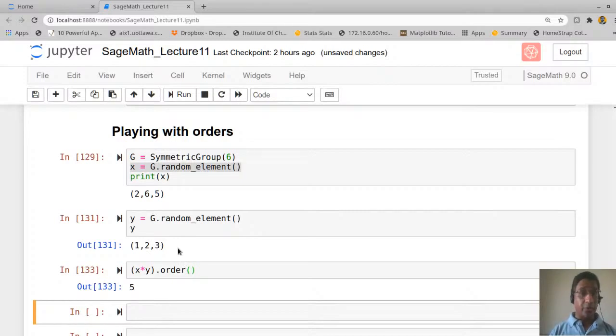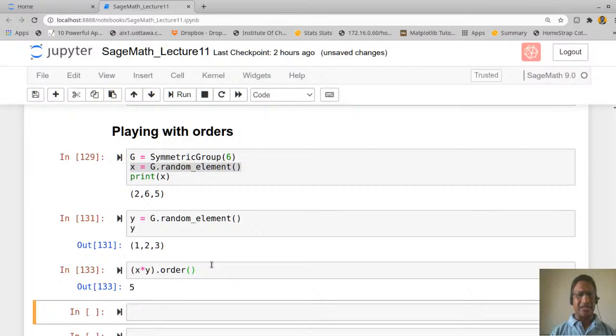So the order of a product of elements need not be the product of their orders. And you know the result that if a and b commute, then the order of a into b will be the LCM of the order of a and the order of b.